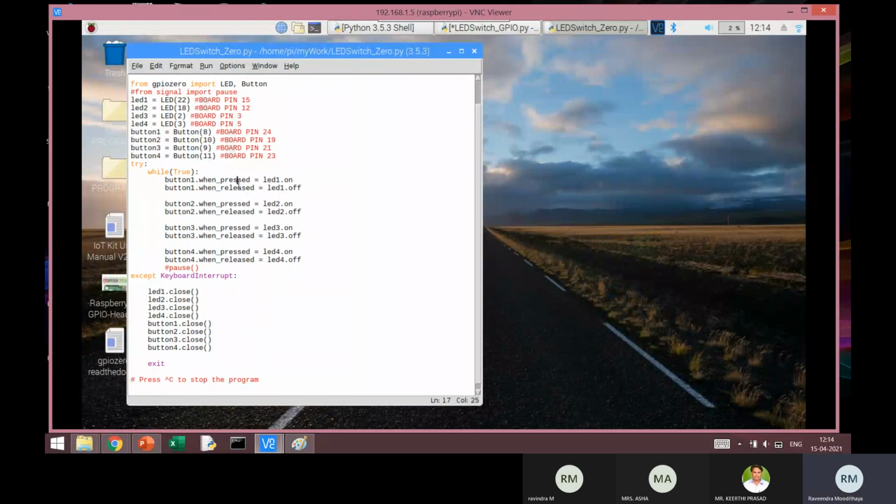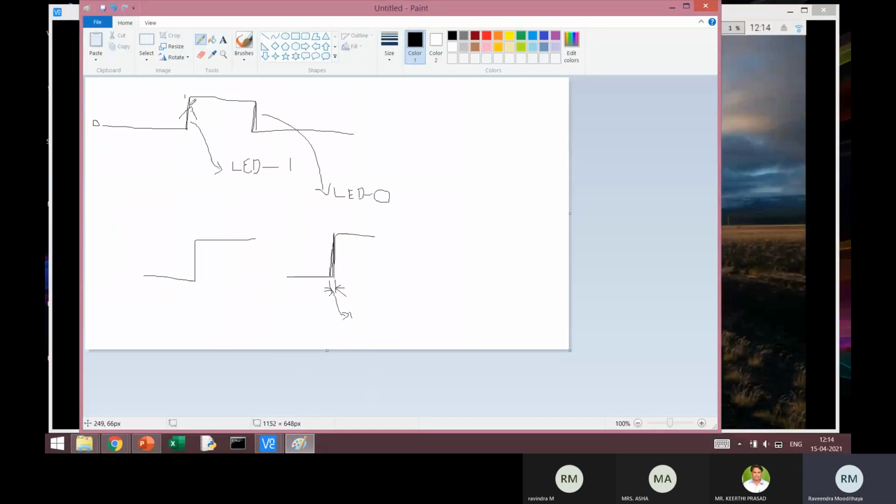So when the key is pressed, that event is detected and the LED goes on. Remember that this module will detect the rising edge as well as the falling edge. When it detects the rising edge, it will turn on the LED and it will remain on until you release it.